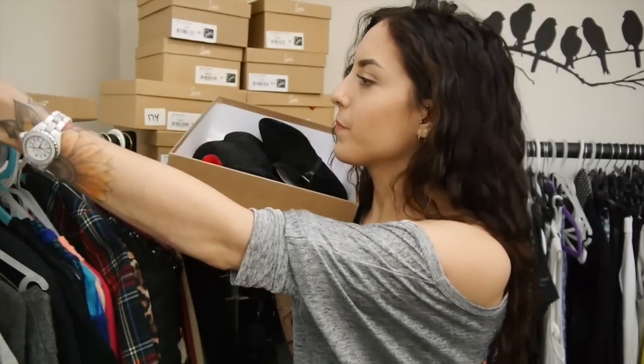These were ordered from the Christian Louboutin website, and let's just open the box. Now, you may notice some wear on these. That is because I have worn them a few times. Bear in mind they are suede, so it is completely normal for them to have a few marks and stuff. I need to buy a suede brush and just give them a brush. So these are my Daf Booties, and they're in the black velour or suede, and as you can see,